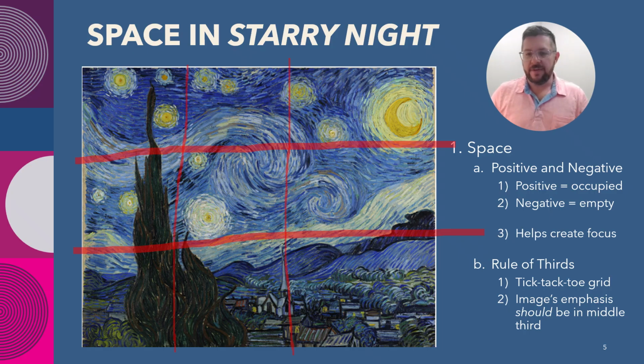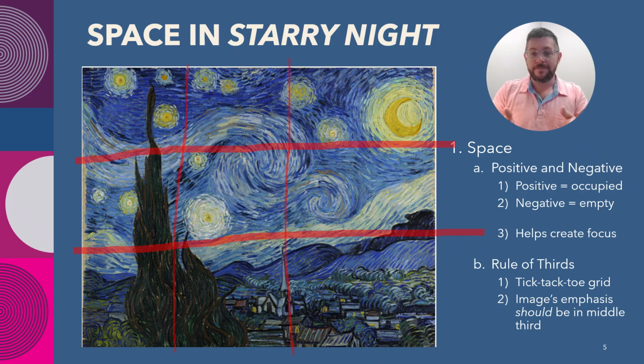And so this does a couple of things for us. This gives us language to talk about where stuff is. So it's like, okay, the middle third or the right third, stuff like that. So that can kind of help. But the design element of the rule of thirds is that the most important aspect of the image should be in the middle third. Because, you know, if you're taking a photograph, you want your subject to be there in